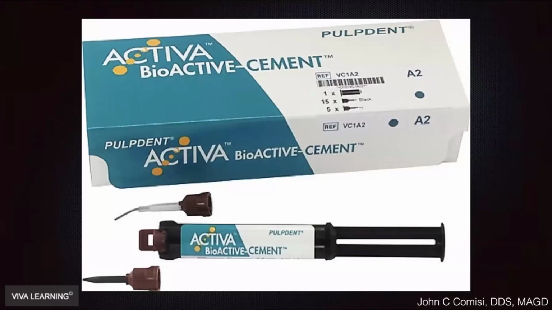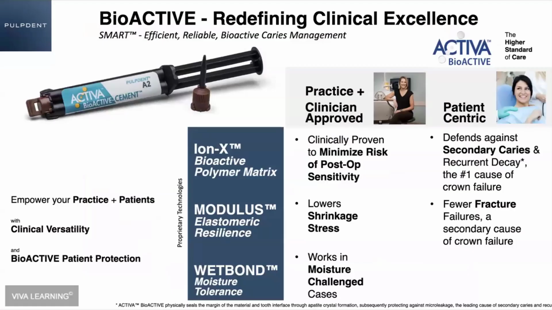And again, I've been using the Activa products in my own personal practice, and we've also been using them at the college for quite a while now. We're looking at incorporating this into the college as one of our resin luting agents. In any type of procedure, there's a process that's followed. We took a process when we originally brought in the Activa materials several years ago. Our students love them. They work out really well and are very easy to work with. And the cement is the same basic principle and the same basic formulation as the others.